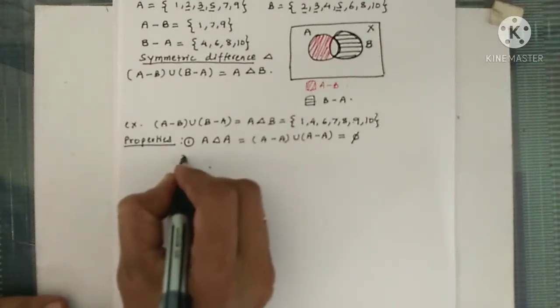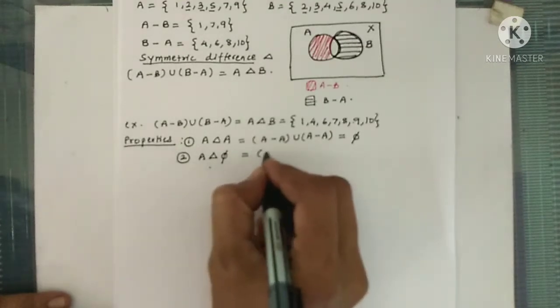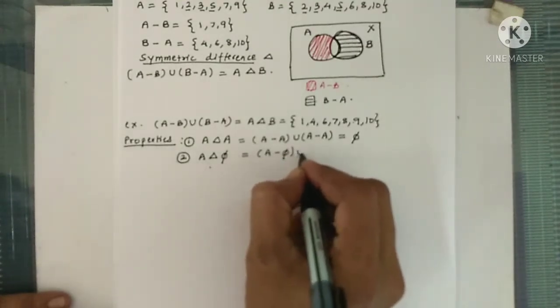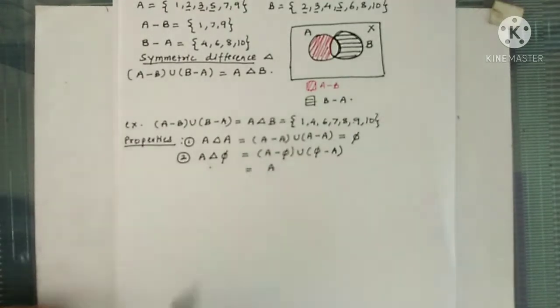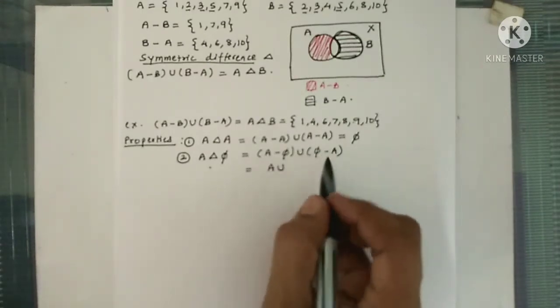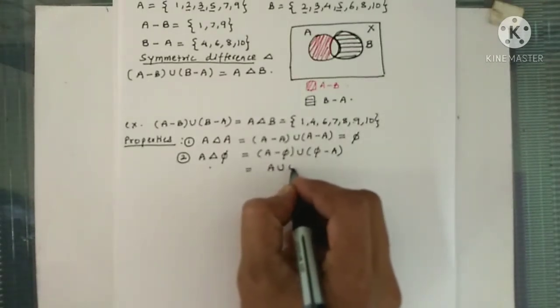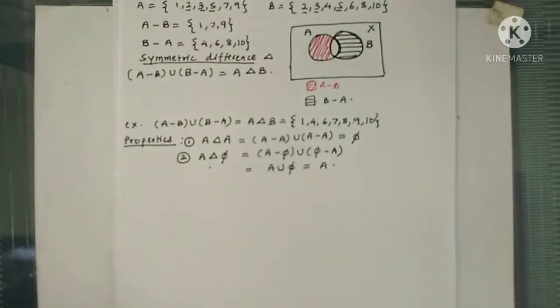Then what is symmetric difference of A with phi? See, now this becomes A minus phi union phi minus A. Now A minus phi is A, as we are not taking phi elements. Phi means it does not contain any element, so it is A only. Union phi minus A. So we have to write elements of empty set other than A. But empty set does not contain any elements, so it is empty set only. So A union phi is A. So symmetric difference of A and empty set is A itself.